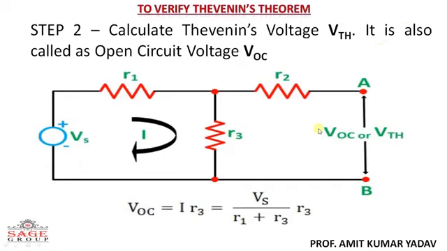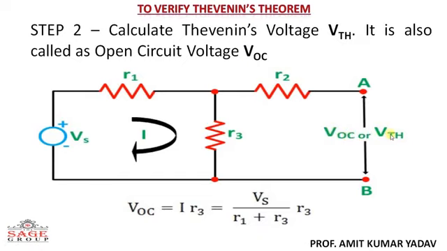In this part we are going to discuss how we can calculate that. Okay, so for calculating the voltage, you have to first disconnect the load terminal. Look here, you have already disconnected the load terminal. Now the voltage across this load terminal is called VOC. What is VOC? This VOC is your open circuit voltage, which is written as VOC. Now this VOC is also called VTH. VTH is your Thevenin voltage.